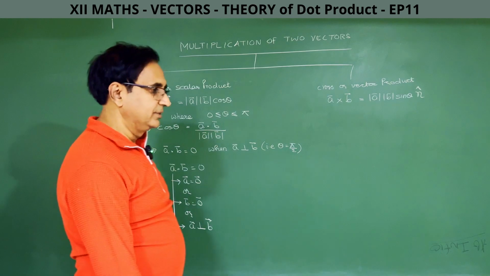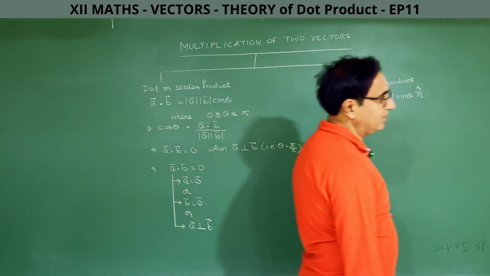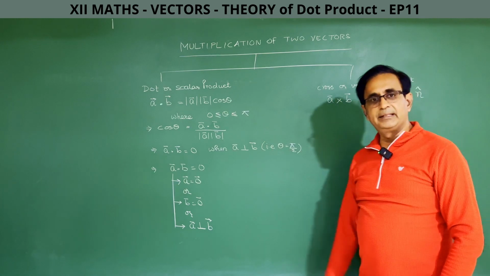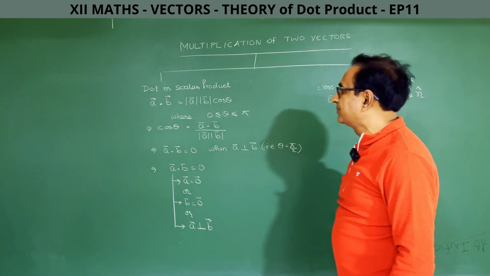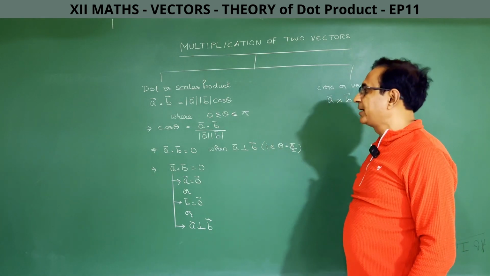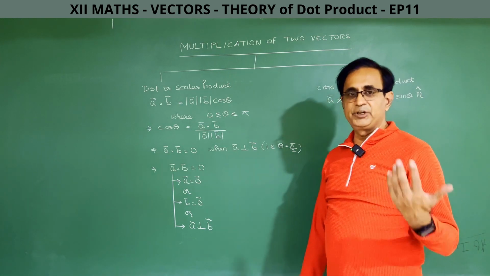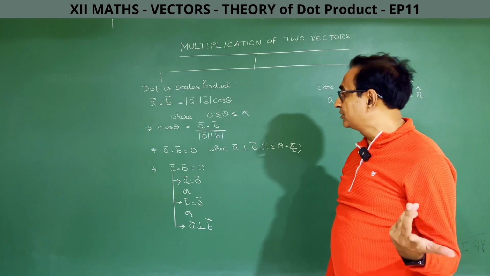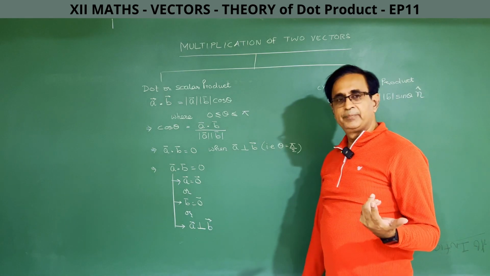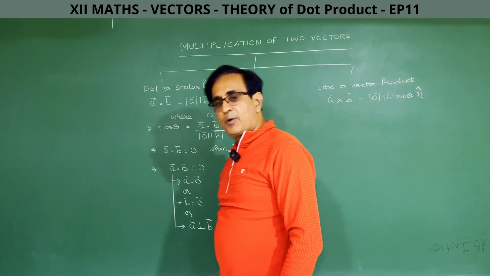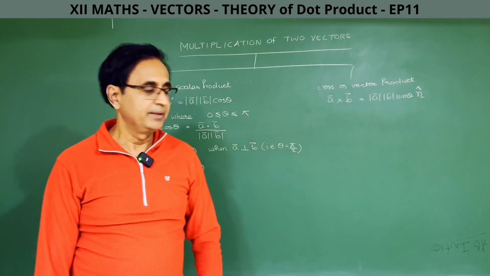So now you have a fairly good idea of dot product. Cross product we will take up later. So A dot B, I will just briefly and quickly summarize this. A dot B is magnitude of A, magnitude of B into cos theta. Theta is the angle between the two vectors. By definition, theta is between 0 and pi, inclusive of both 0 as well as pi. When two vectors are in the same direction, the angle between them is 0. If they are in opposite direction, the angle between them is pi.